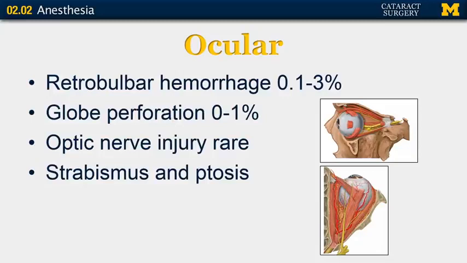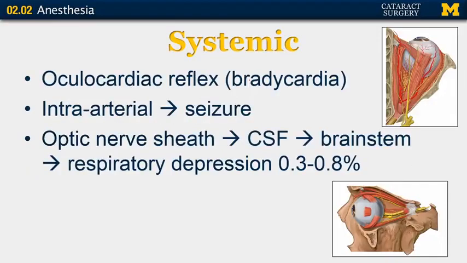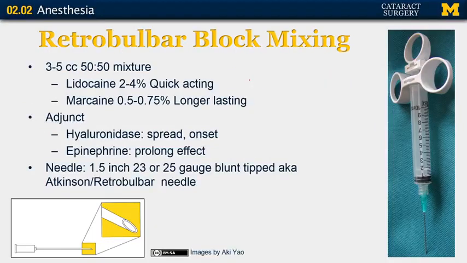Globe perforation, especially in those with long axial length or staphyloma, optic nerve injury, which is rare, and strabismus and ptosis. Systemic side effects include the oculocardiac reflex. When the globe is compressed or the extraocular muscles are manipulated, it can cause significant reduction in heart rate, or bradycardia. If the anesthetic is injected intraarterially, it can lead to a seizure, or within the optic nerve sheath, and